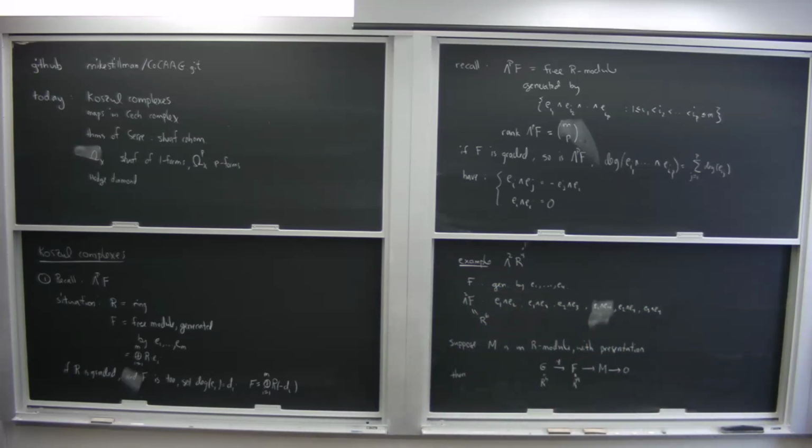Then the proposition, which we will not prove, is the following: that wedge P of M has a presentation